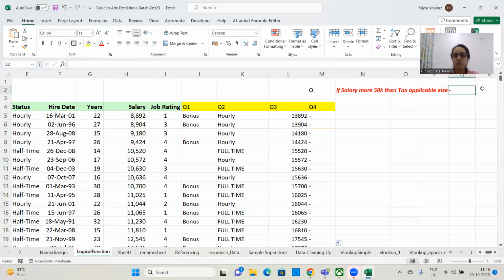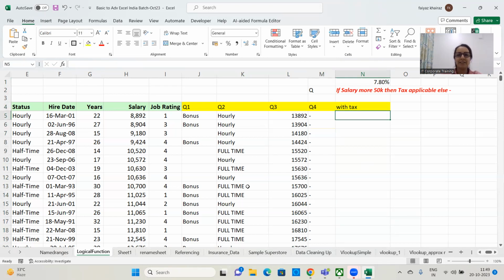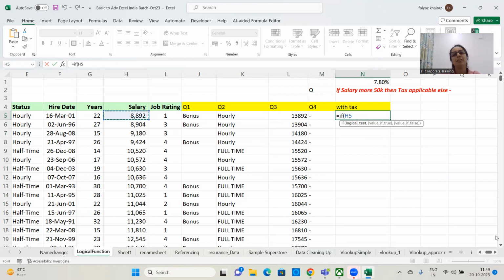Now, suppose they tell you the tax applicable is 7.8%. So 7.8% is removed from the salary. Here, with tax, this is the way we will do it. Look at this one a little carefully because this is with a calculation. Begin with an equal to sign. IF, open bracket. Select the first cell just below the label of the salary and say greater than 50,000. Greater than 50,000. Comma,